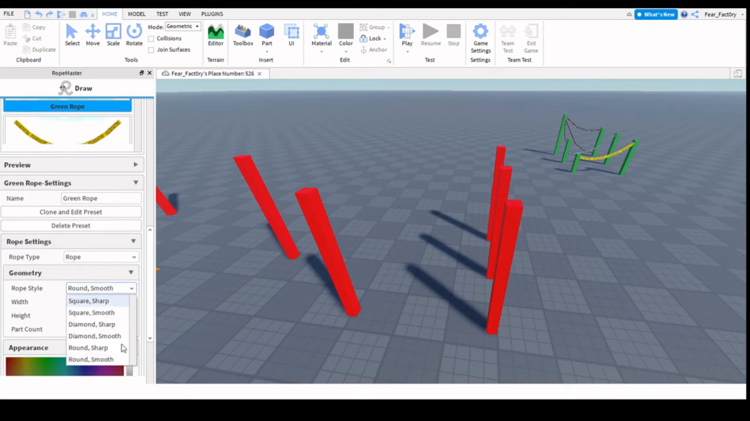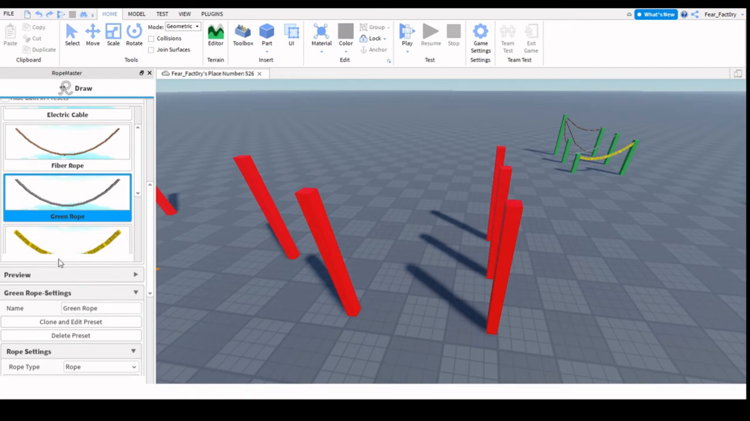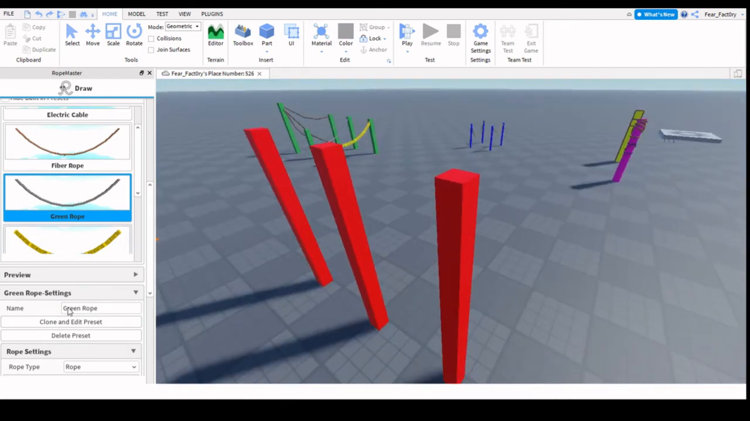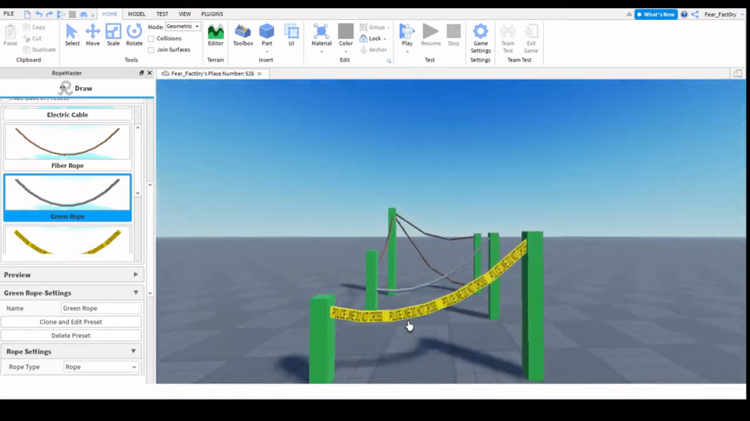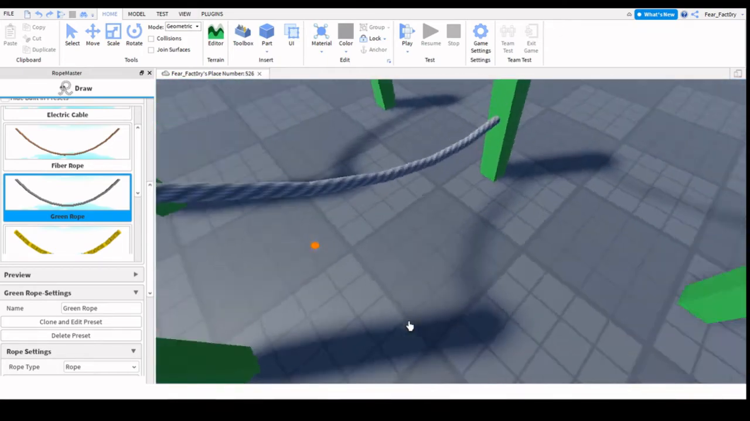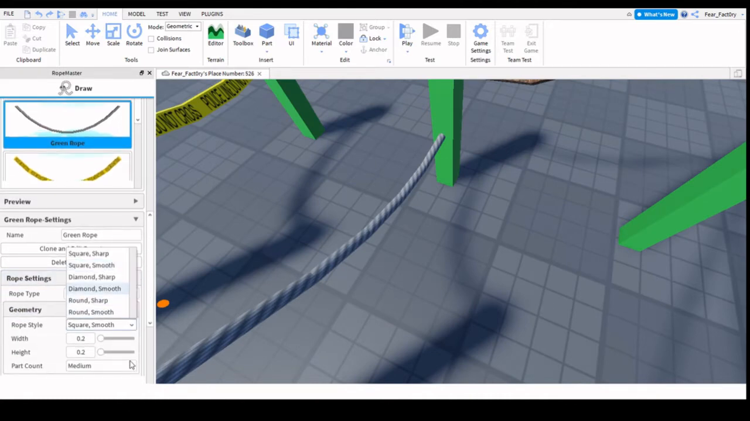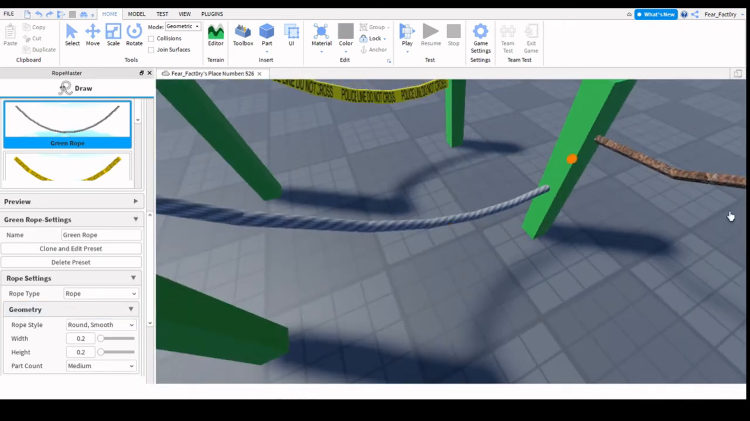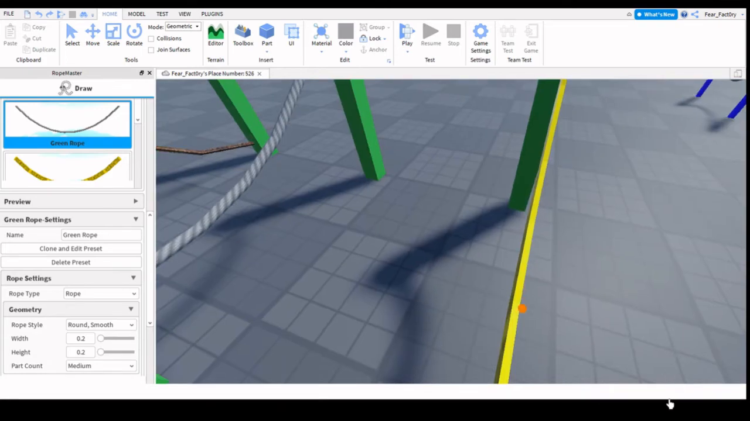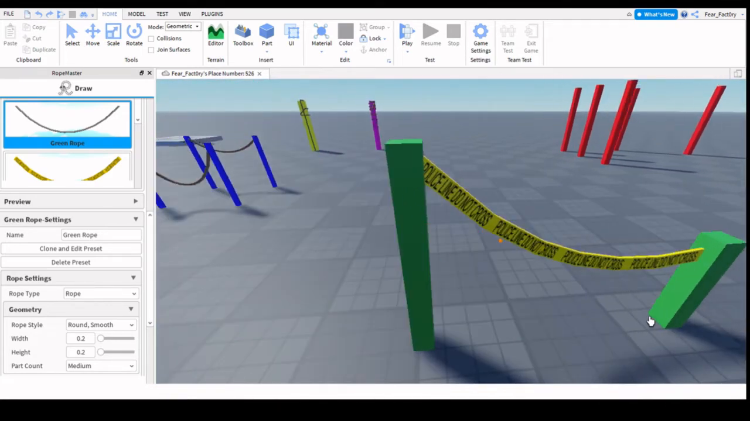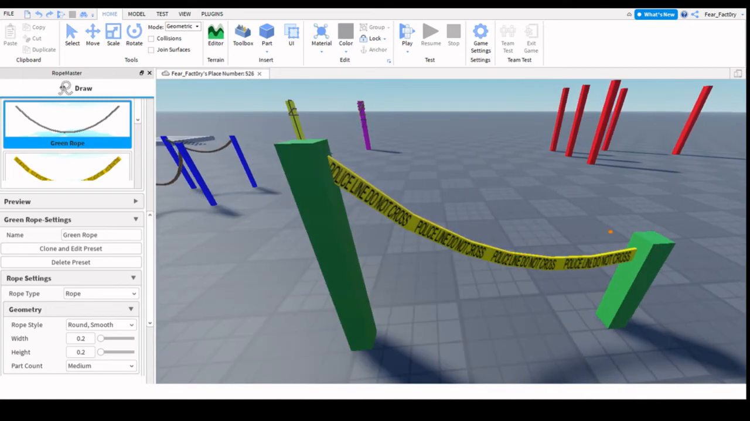This one is basically what kind of part it is. So if you have a cuboid part, it would make it kind of blocky, like these ones over here. But hold on. If you do diamond sharp, I think these are just the different textures that you can do. Round smooth is kind of like this one right here. This one's kind of unique because it's almost cuboidal, but it's a lot more thin